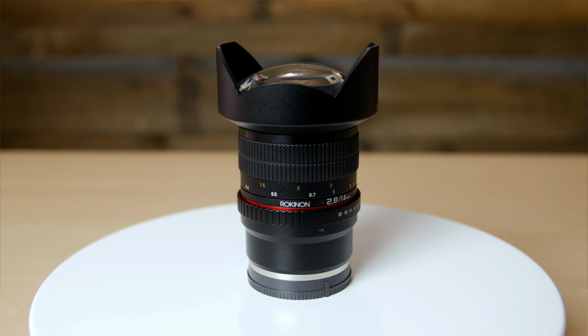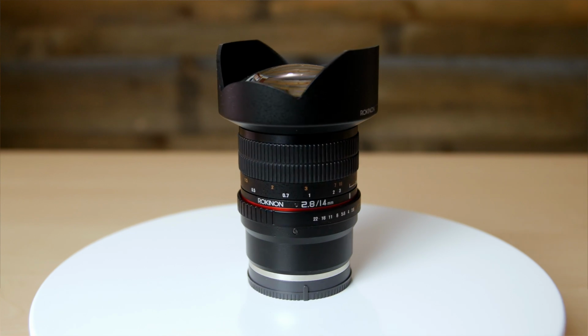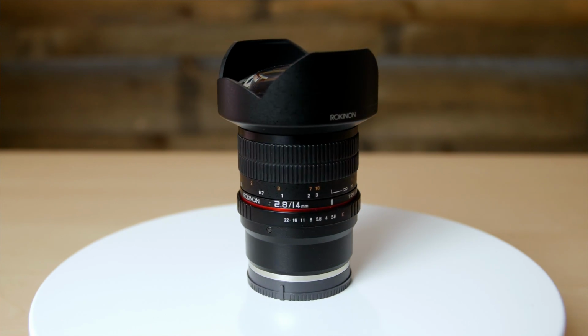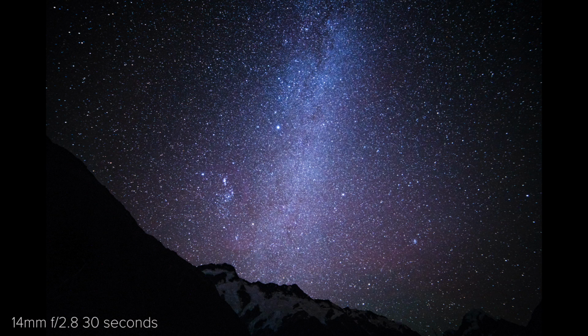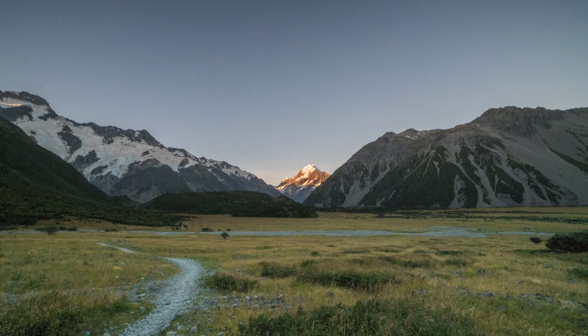This wide-angle lens is a full-frame compatible all-manual lens, manual focus and manual aperture. It's relatively sharp wide open, and of course offers f2.8. The combination of wide angle of view and f2.8 does, in my opinion, make this the best budget lens for shooting the starry night skies. It can certainly be used for other things, and during the day, landscapes, but if you